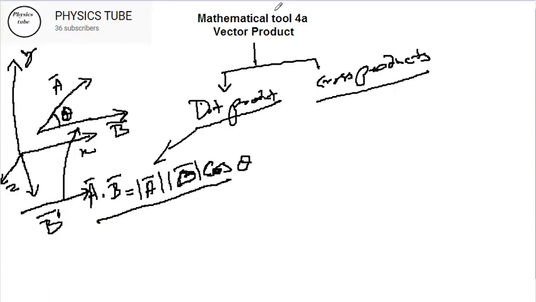Anyway, now the meaning of a dot b is very simple. I'll change color to show you exactly what they mean by saying a dot b. The meaning is nothing but the projection of a on b. That means this area is a dot b, and this area is b dot a, the projection of b on a. So this whole area, they are actually the same. Mathematically we can show they are going to be equal areas.